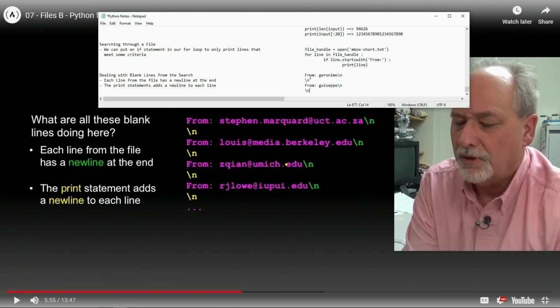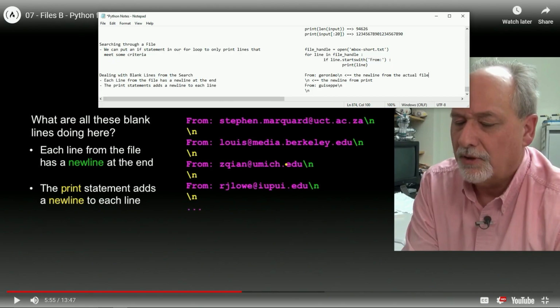So this in right here is the new line from print, and this is the new line from the actual file.